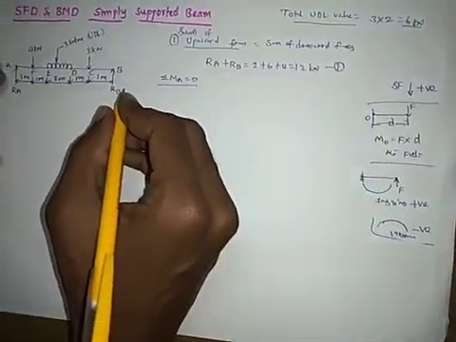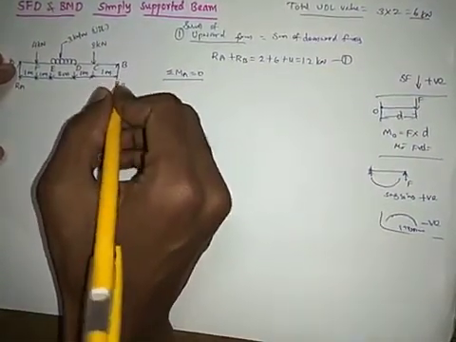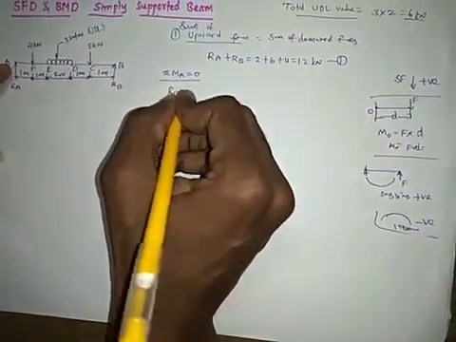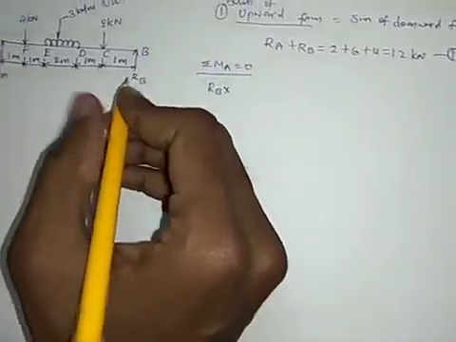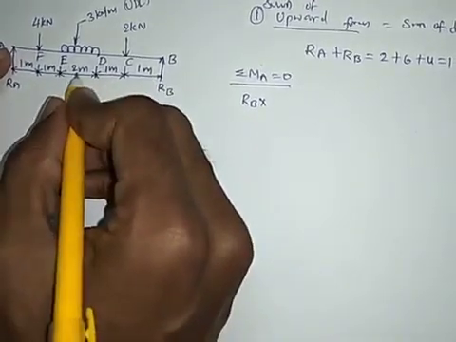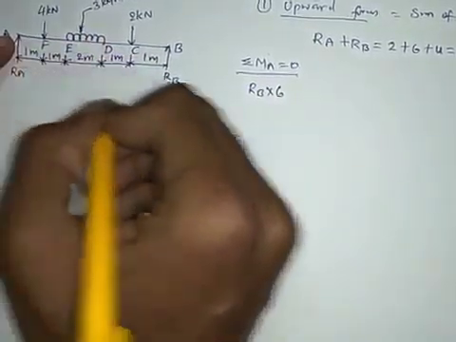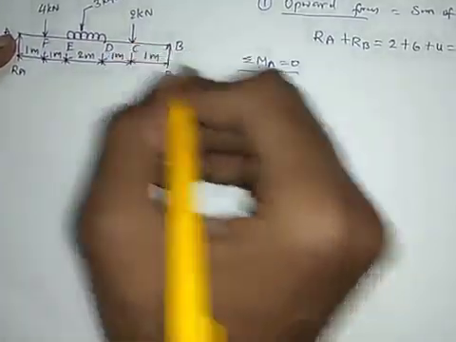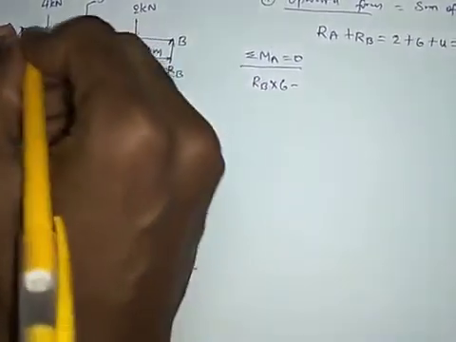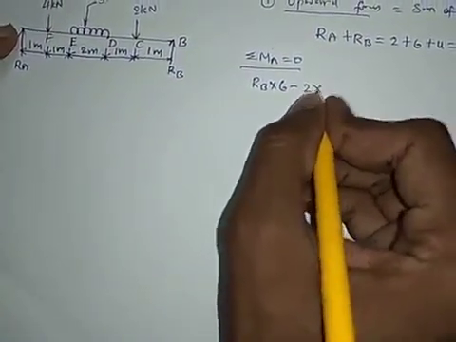And here let us find out the moment about A because of all the forces. Start with the right side, come to the left side, and this is RB into the distance, since at A we require the moment, the distance between the RB force and A is 1 plus 1, 2, 4, 5, 6. RB is creating a downward movement, that is sagging, so it is positive. And here minus, why? Because this 2 kilonewtons creates a moment of hogging, that is negative, so I have kept minus here. 2 into the distance is